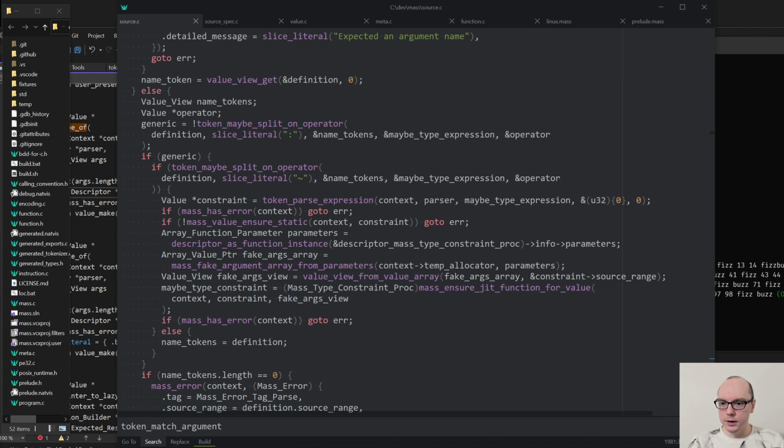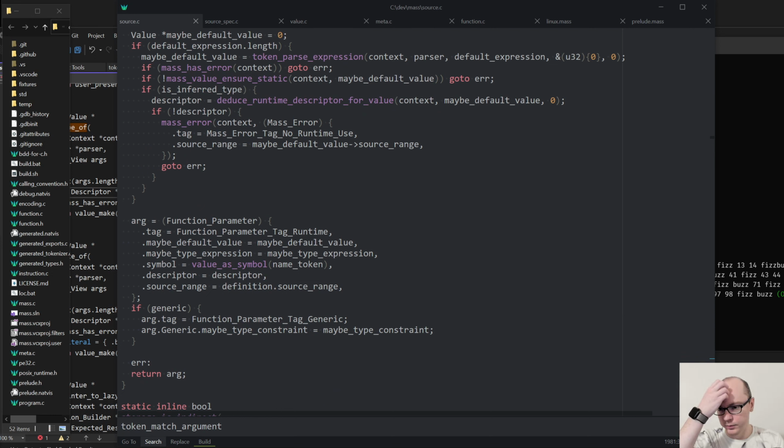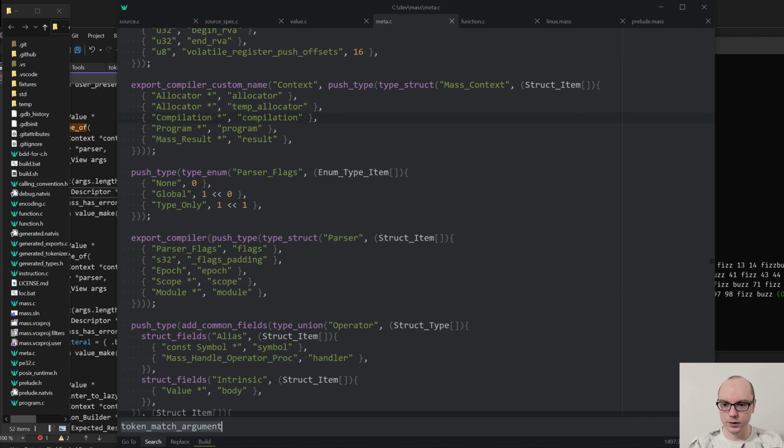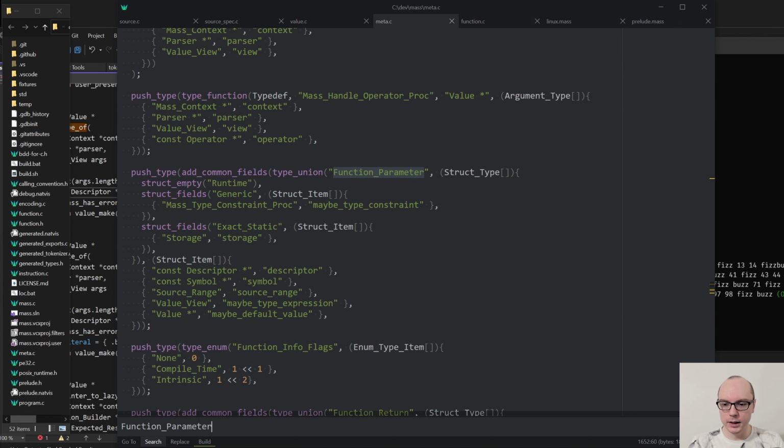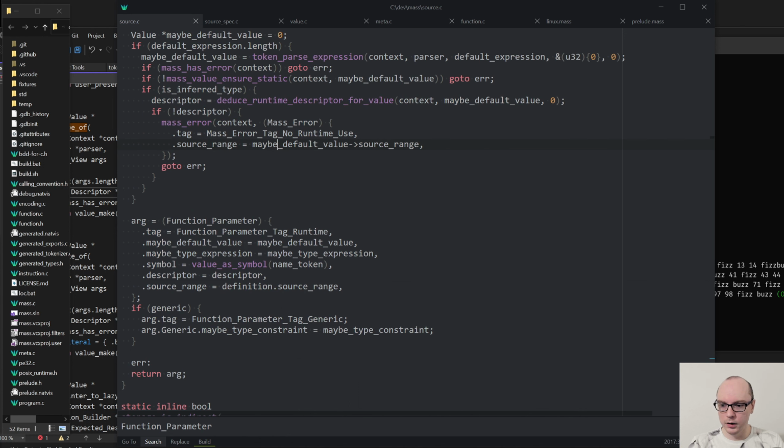So the thing that we need to do now is we need to somehow say that we are expecting a static here. So I think the most type-safe thing to do would be to add another function parameter, and that hopefully will guide us through the rest of the program, telling where to do this. So I think we can just do static here, and then